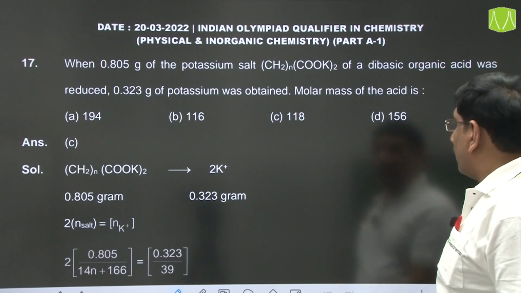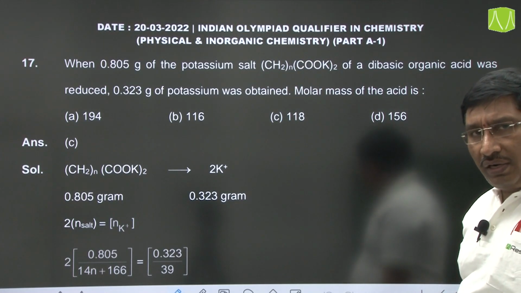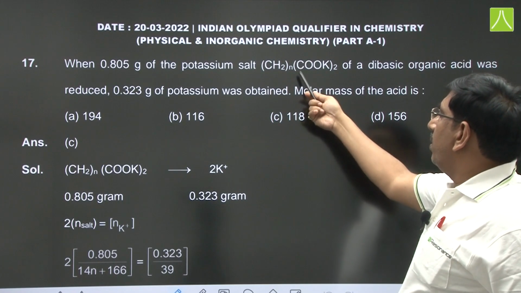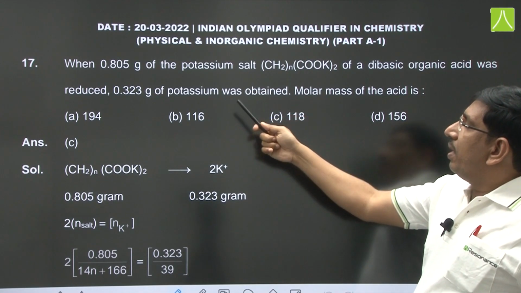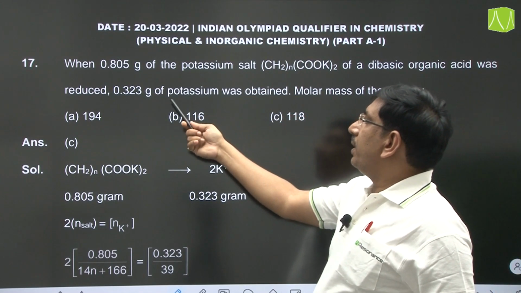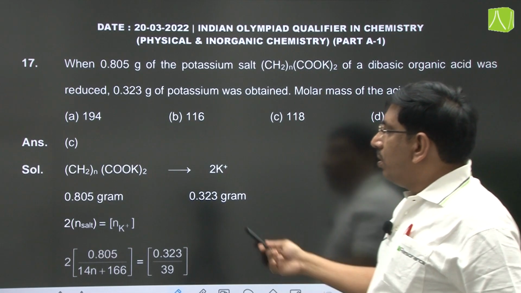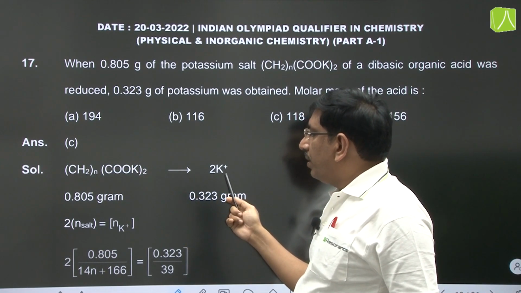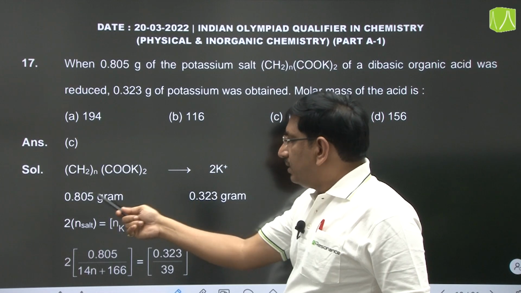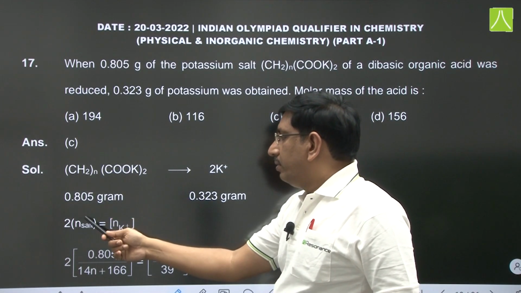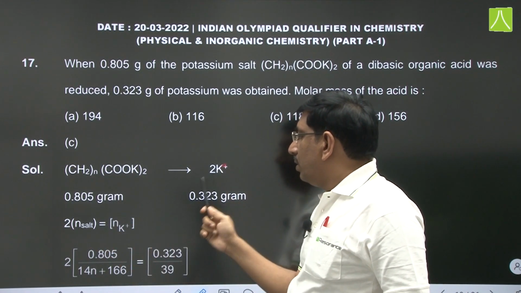Next one, see this question. When 0.805 grams of potassium salt, (CH2)n (COOK)2, of a dibasic organic acid was reduced and 0.323 grams of potassium was obtained, what is the molar mass of the acid? Now from this salt we are getting potassium ions, and from 1 mole of salt we are getting 2 moles of potassium ions. Its mass is given, so from this we calculate the number of moles. 2 into the number of moles of salt will be equal to the number of moles of